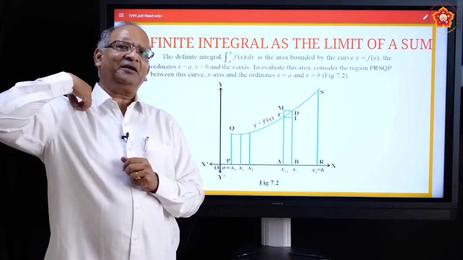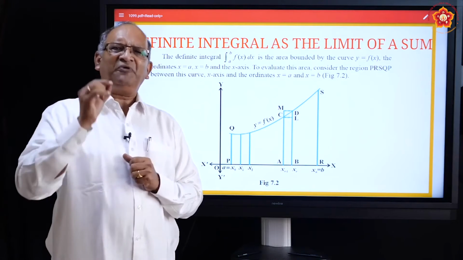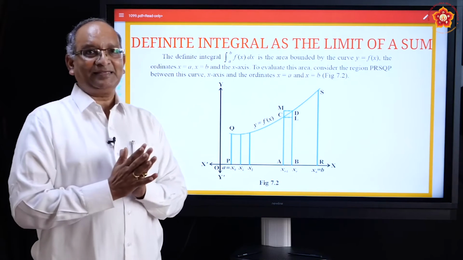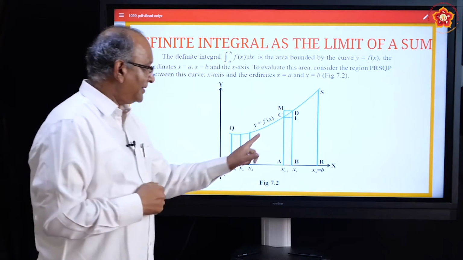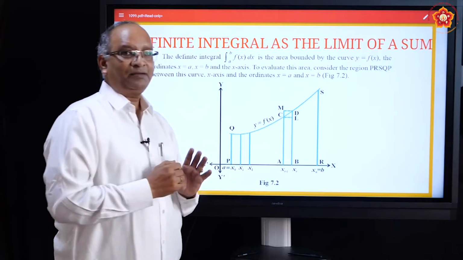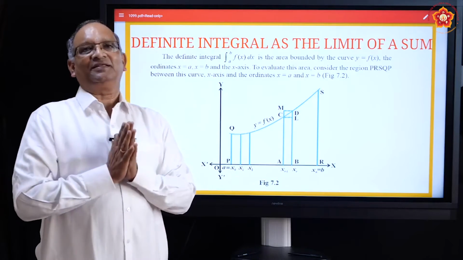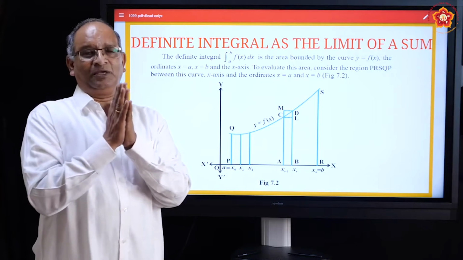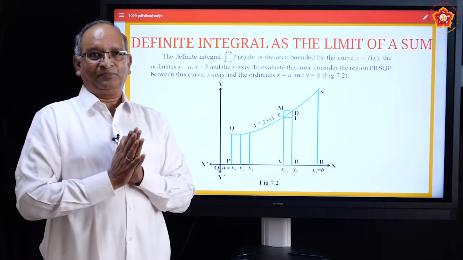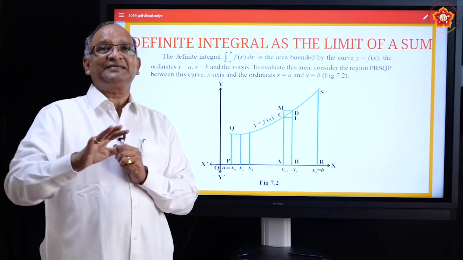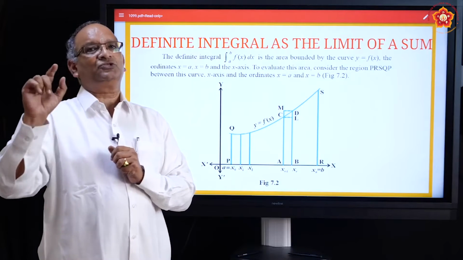Or let us say we divide it into 10,000 parts. It will be very close to 0. What happens in that case? In that case, this CA and this DB both will merge with each other. They will become one. Why? Because they are very close. There is hardly any gap. But still we show h. We are not saying h is 0. We are only saying that h tends to 0.